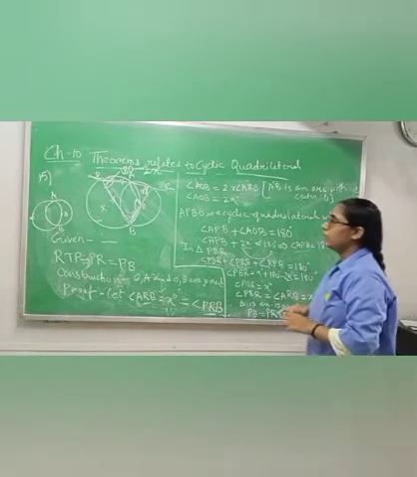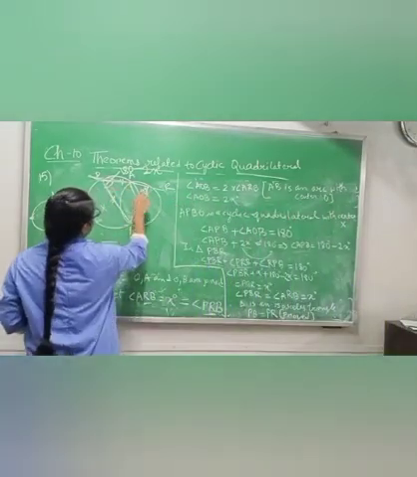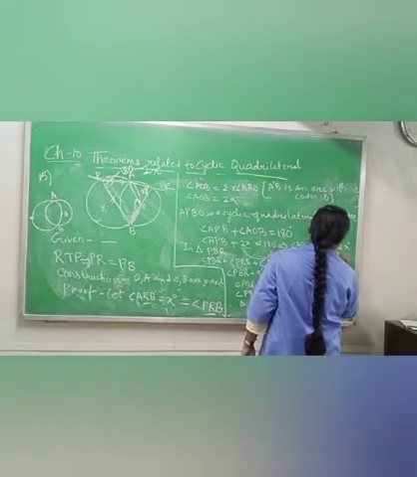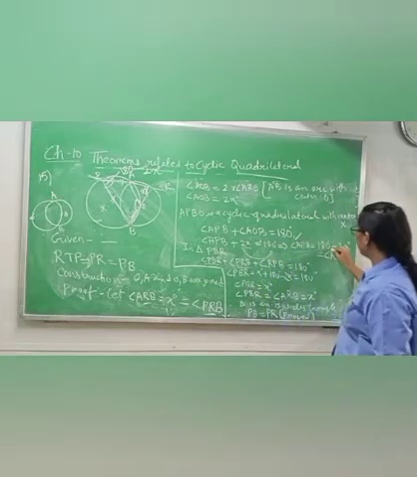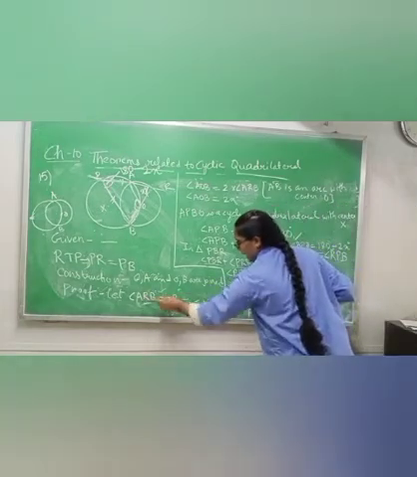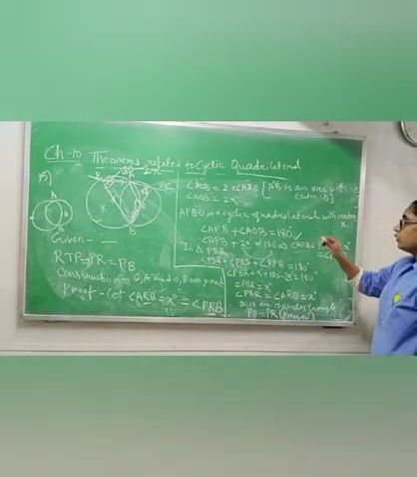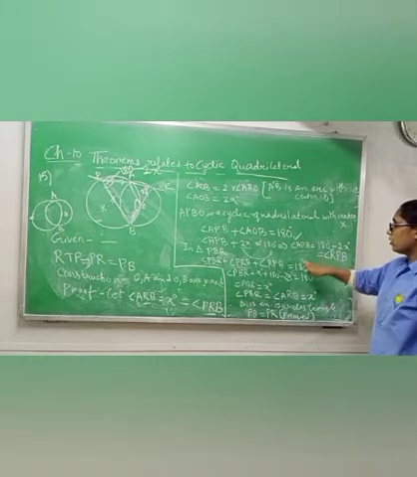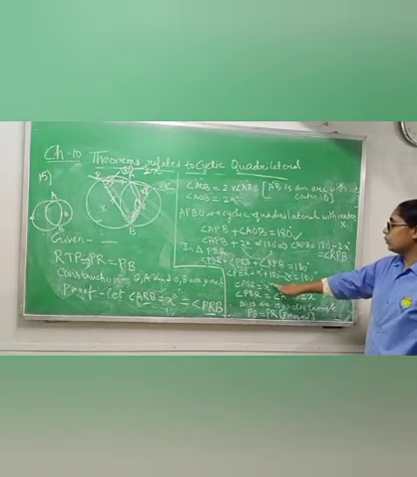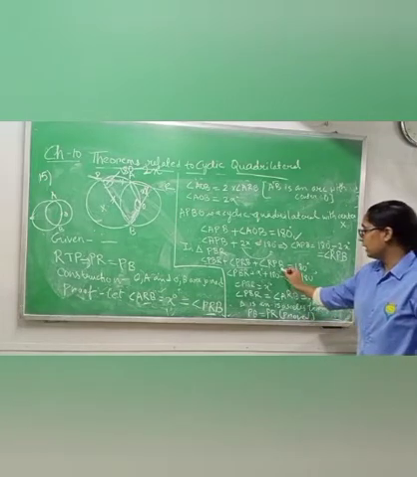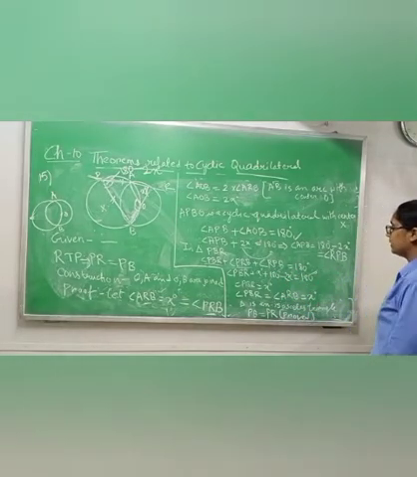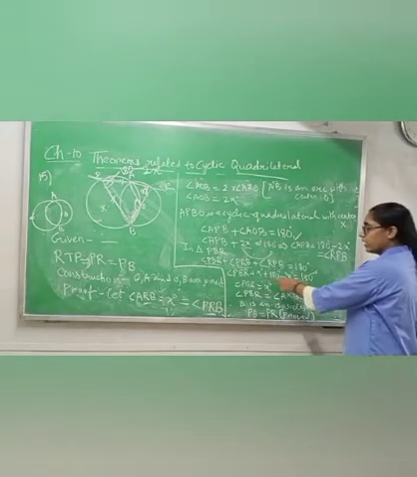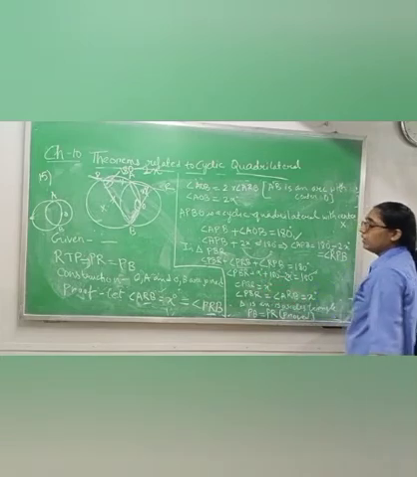APB we got, which one? RPB and APB are both the same, only in place of A I am writing R, and here in place of A I am writing P. I am just taking the other point, but the angle is the same. So in place of APB and RPB I am writing 180 degrees minus 2x. Now the plus 180 degrees and 180 degrees from both sides will cancel out. Plus x degrees minus 2x degrees will give you minus x degrees, and when minus x degrees comes here, it will become plus x degrees.